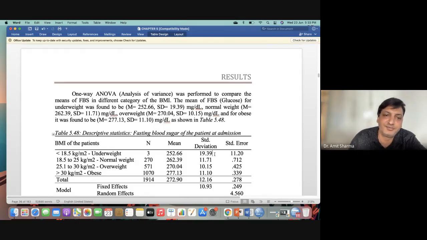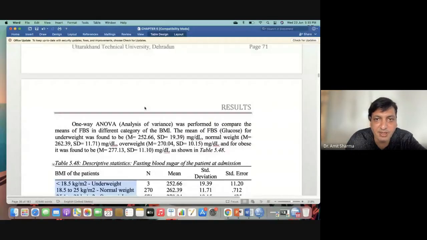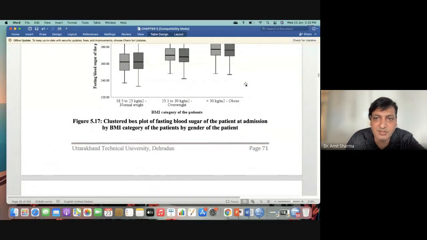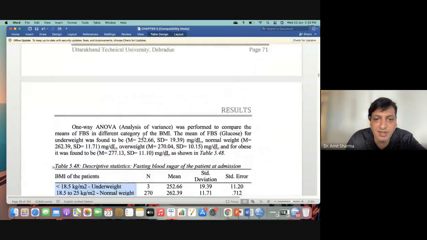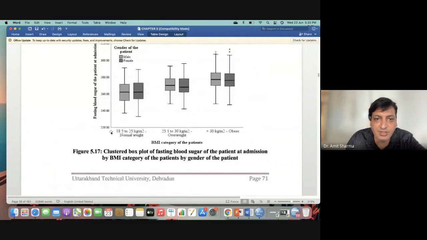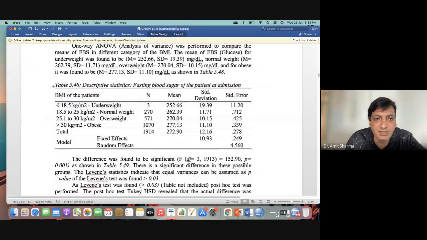is not recommended. Clear? So as you can see, I was having 4 different categories, but in the graph I have received only 3, because in the fourth category only a few patients were there, so I have not included it in the graph. In underweight I was having only 3 patients, so here I have not got the underweight. It was not showing anything, it was not meaning anything. So I have removed that particular category from the graph. So this was the first category, mean and standard deviation.